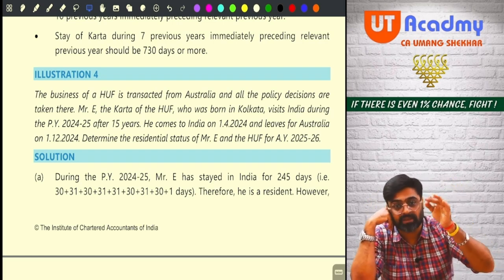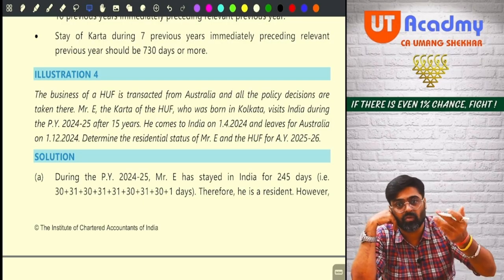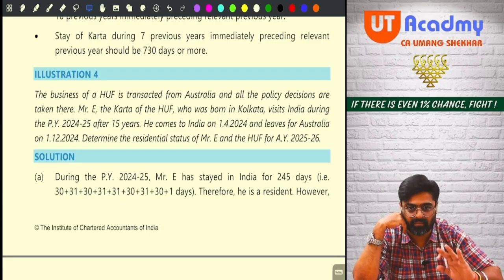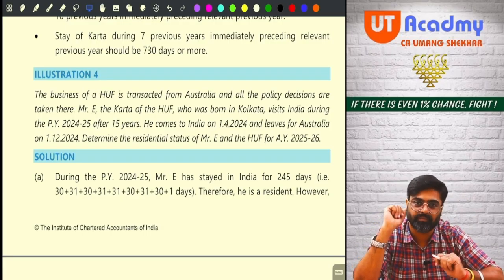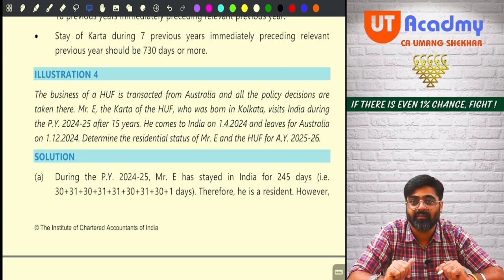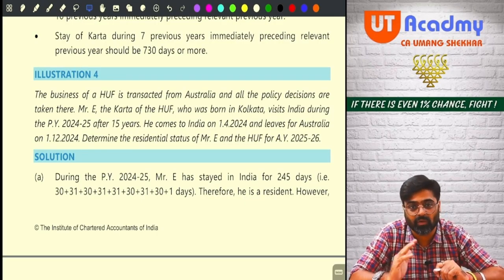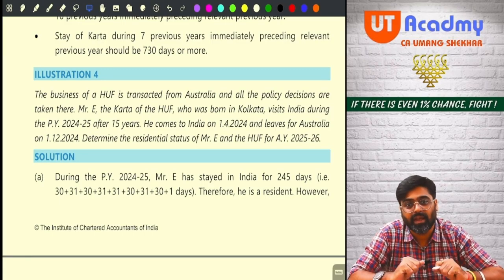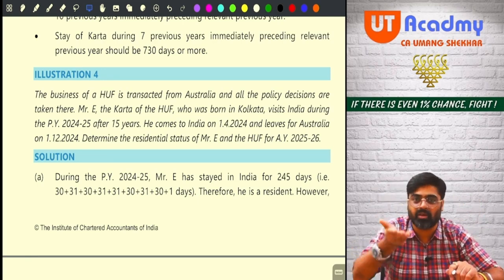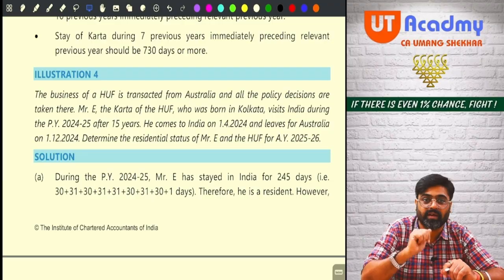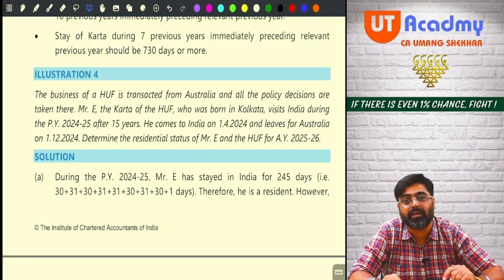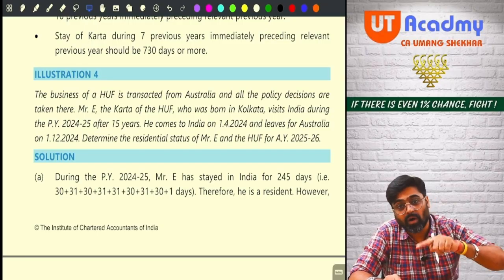So what is the stay of Mr. E in India during the relevant previous year? 245 days. Is it more than 182 days? Yes. And basic condition B, by the way, is not applicable also, because he is an Indian citizen who was already outside India, might be coming for a visit. This is his visit only. And assuming that his total income was less than or equal to 15 lakhs, he is covered by the exception also. B is not applicable. Anyways, we are not supposed to see B because A he is already fulfilling, because his stay in India is 245 days, which is more than 182 days. By satisfying basic condition A, he becomes what? Resident.